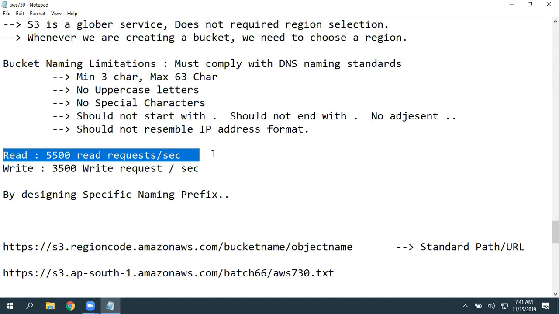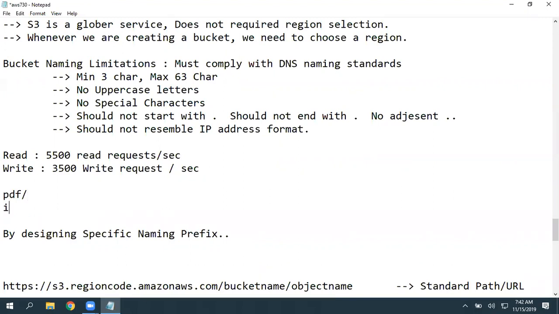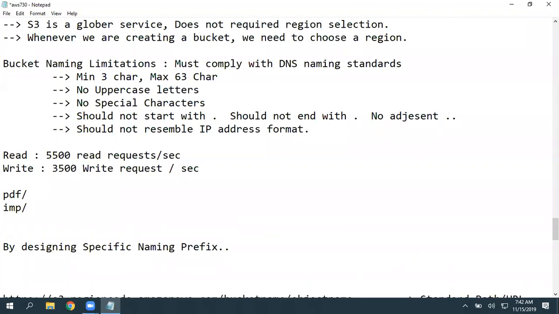So that means, I'll tell you one simple example, guys. Bajaj FinServe, they use AWS. And whenever you're uploading any documents, if it is a PDF, one particular directory; if it is an image, one particular directory; and if it is any other type, like docs, another particular directory or folder.